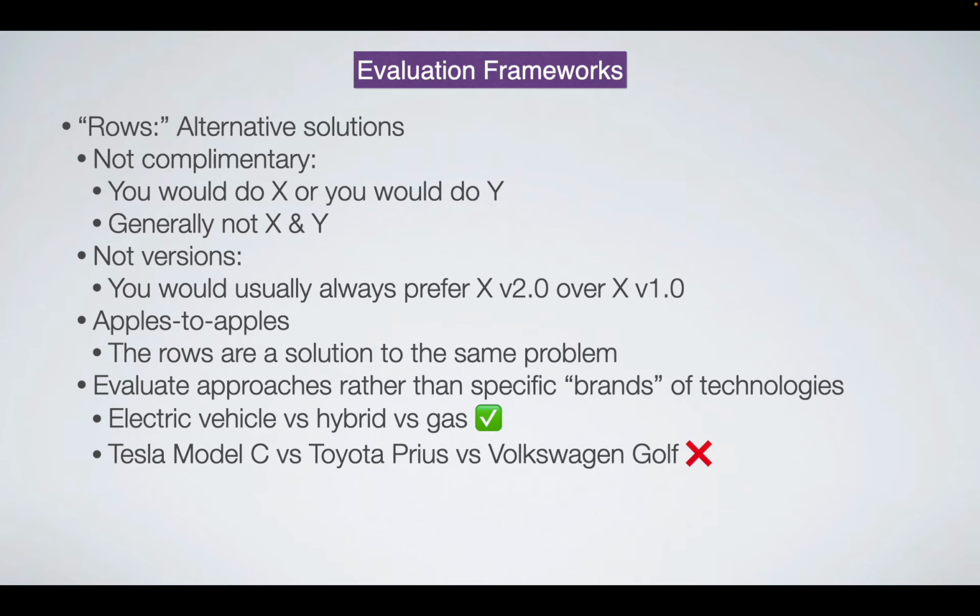And we like to compare approaches as opposed to the brand names of doing certain things, right? So for example, if I was comparing, let's say I want to buy a little car, instead of comparing the Tesla Model C to the Prius to the Golf specifically, I might compare them as a category. I might say, okay, one's electric, one's hybrid, one's gas. For the electric, it doesn't matter that it's a Tesla as opposed to a Hyundai or whatever. We're comparing that as a category of solutions. But sometimes you'll give brands as examples. So you'd say, here's the category, and then, for example, a Tesla or something like that.